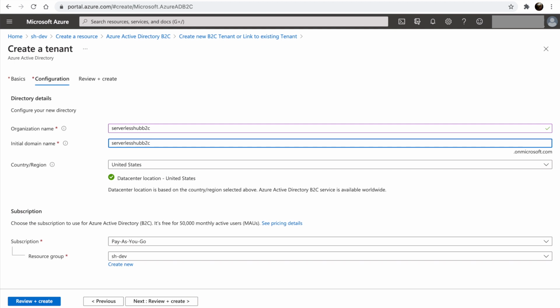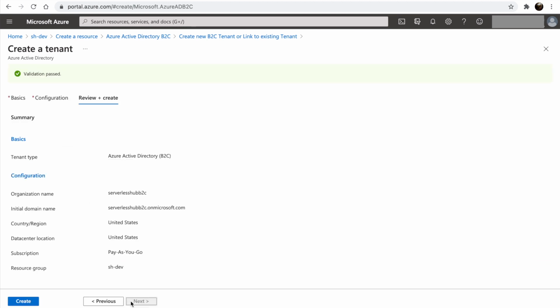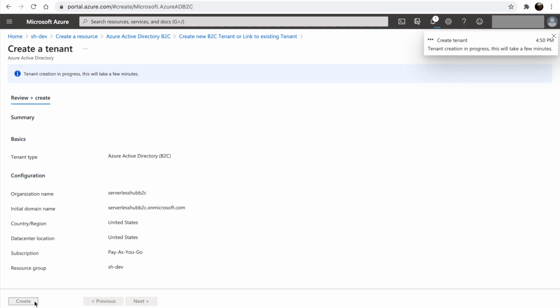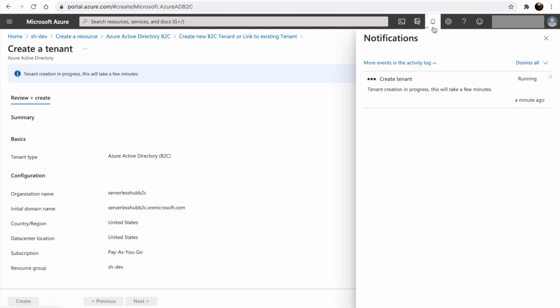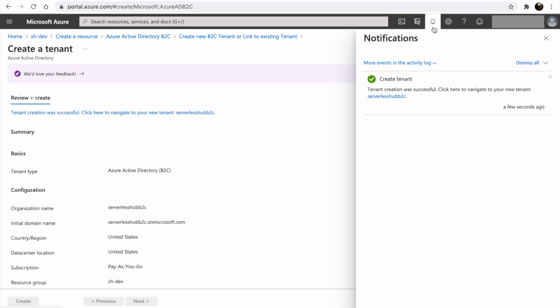We will leave the country as it is, and it has already selected the subscription and the resource group. Let's click on Review and Create. Let's click on Create. It may take a few minutes to provision the tenant. Once the tenant is created, let's go into the tenant.